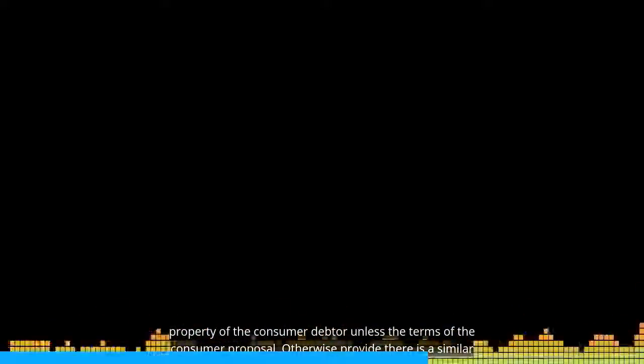The approval or deemed approval by the court of the consumer proposal operates to annul the bankruptcy and to revest in the consumer debtor, or in such other person as the court may approve, all the right, title and interest of the trustee and the property of the consumer debtor, unless the terms of the consumer proposal otherwise provide. There is a similar provision for Division 1 proposals. The court looked at the statute wording of the consumer proposal, trustee's report to the creditors on the consumer proposal, and the trustee's actions in administering the proposal. The court had to decide if the note was a term of the proposal or not.